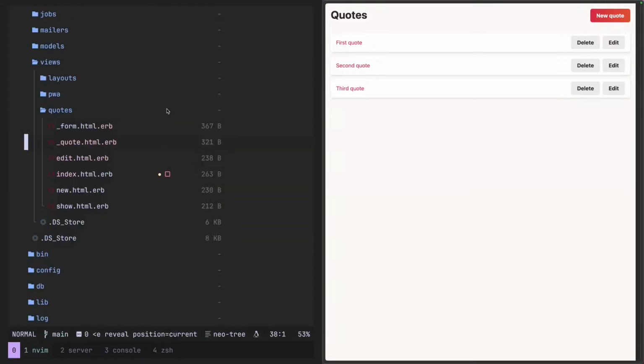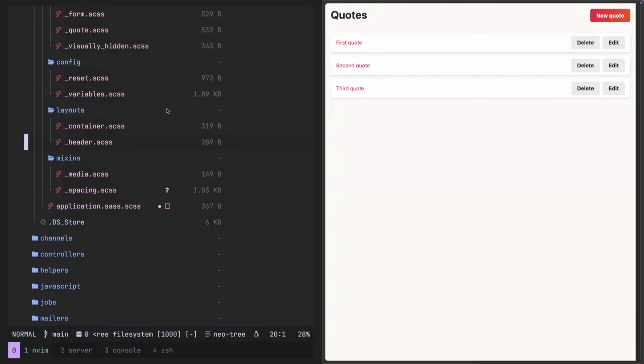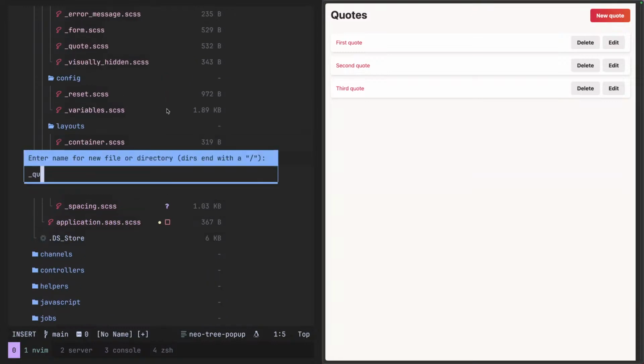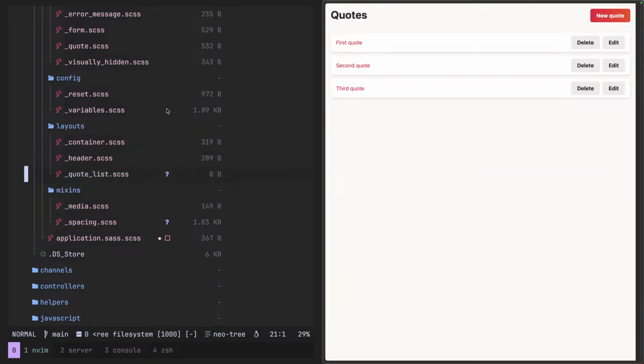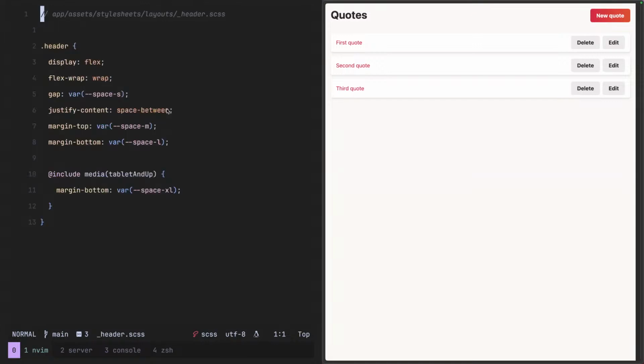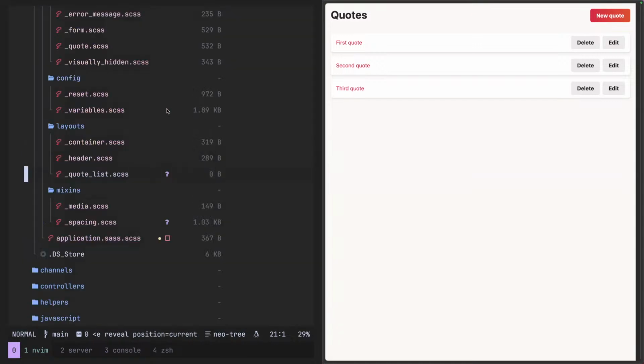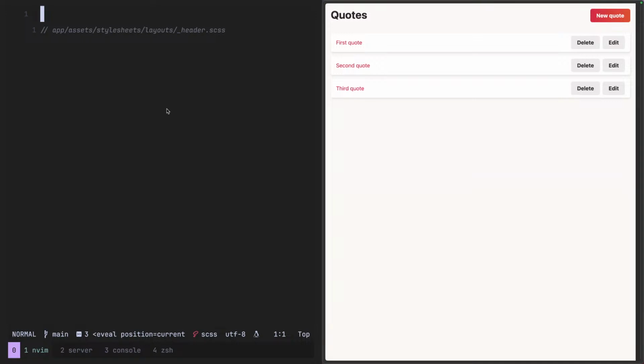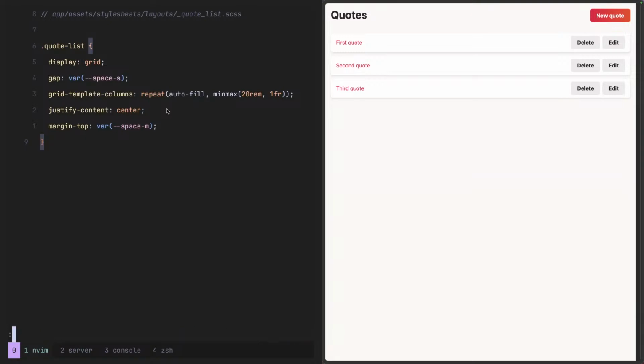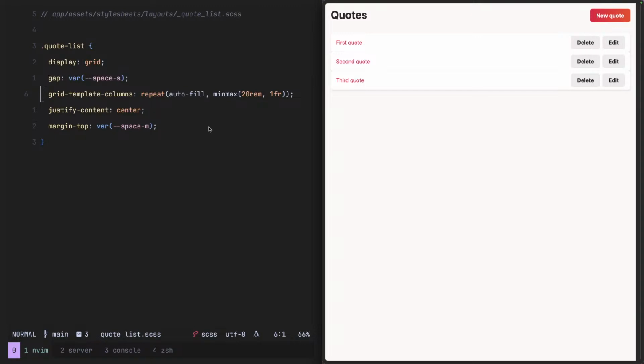right? And then if we were to come back to our CSS under our layouts, we would add quote list, right? Let's come here, grab that, go back in here, just to show you how we would extend this, if you were to add something else. This is our quote list, right? And now we can display a grid or something like that. Let's reload that. Okay. Now,